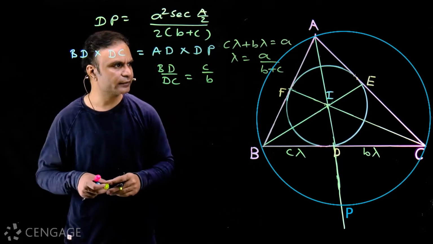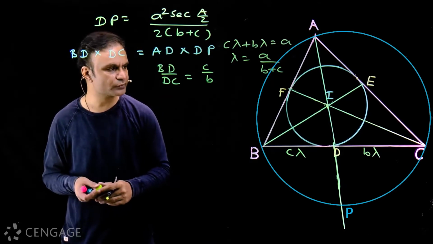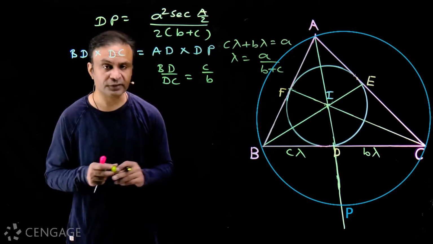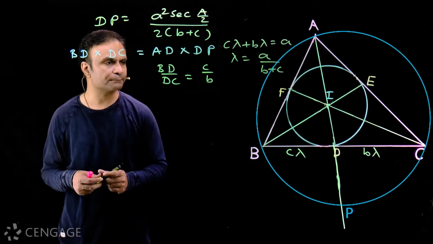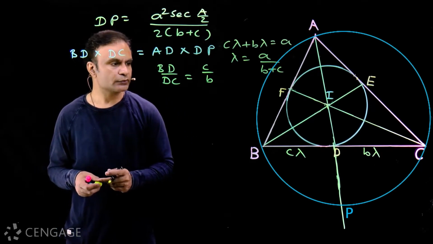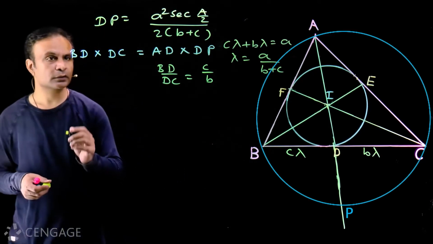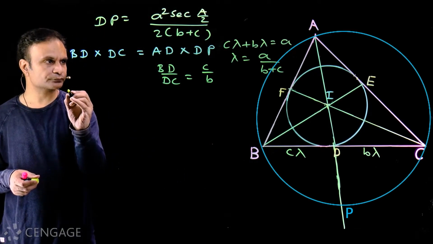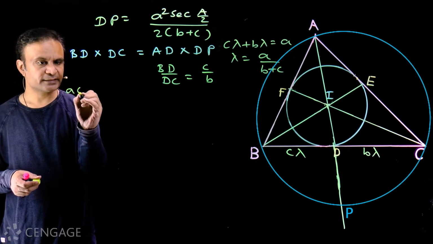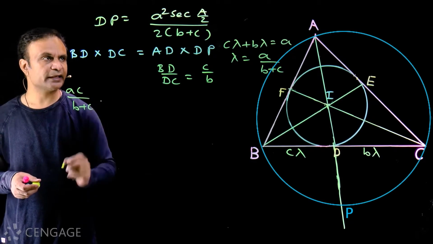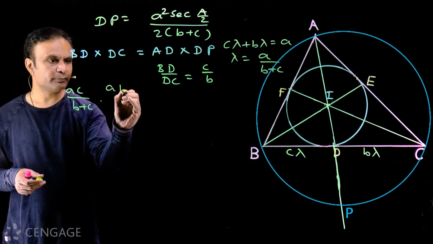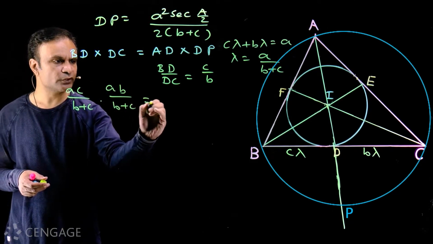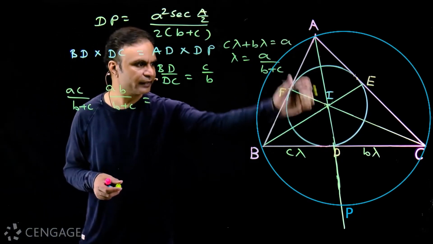मुझे formulas याद नहीं रहते हैं, so every time I derive these formulas. Okay, but for that I have to consider the internal angle bisector property of triangle. So we have BD is equal to ac upon (b plus c), and DC is equal to ab upon (b plus c). Okay. Also, we have length of angle bisector AD.